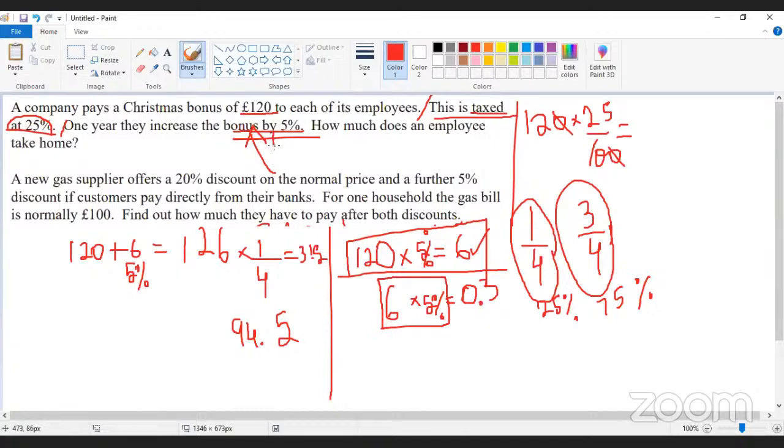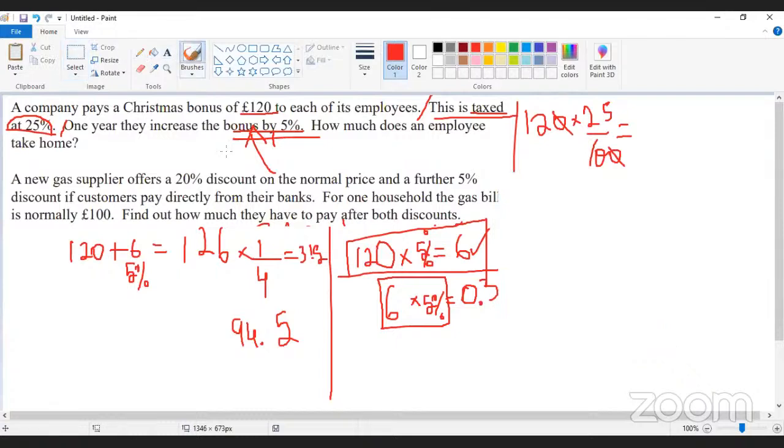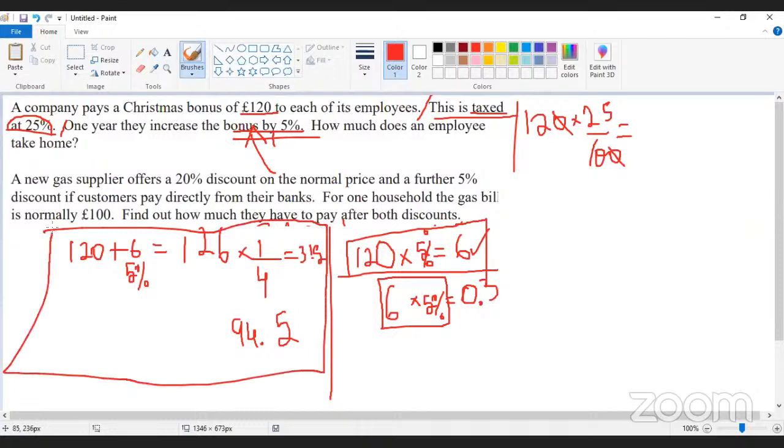If they say from the remaining or something, then the concept is entirely different. In case they say remaining, this is the way. I take the value, find it out, the additional amount also, 25% is deducted, it is done. In the second case, if they say find the value that has been deducted, 120 minus 6 will be 114. From this, if they say find out, then I will find the remaining of it. So that is 5% of it.